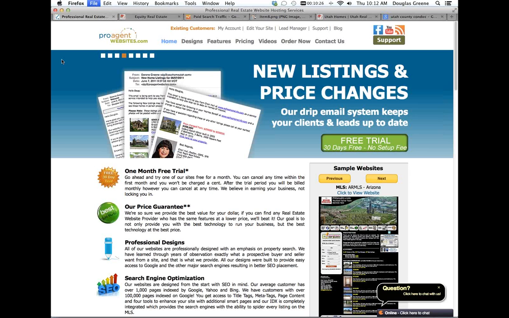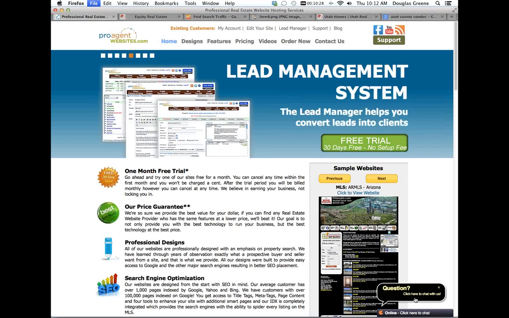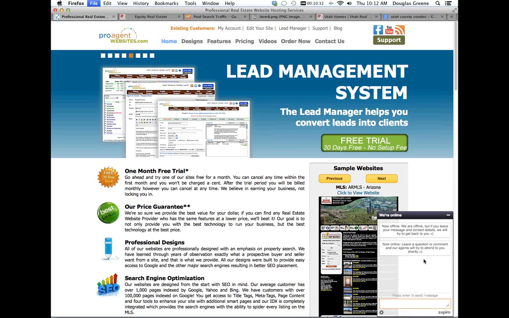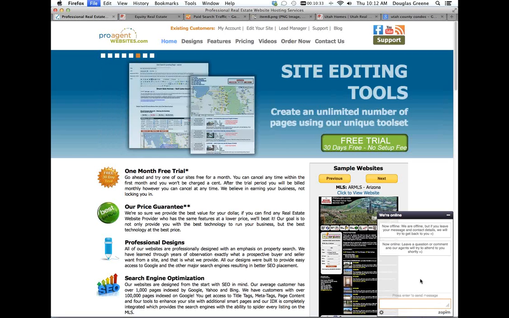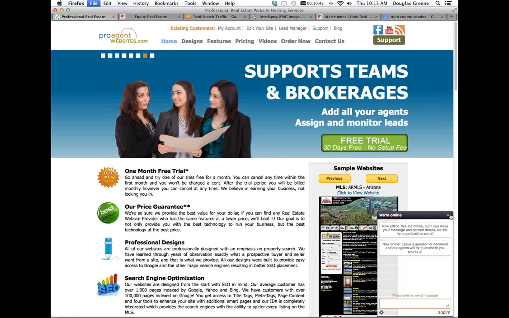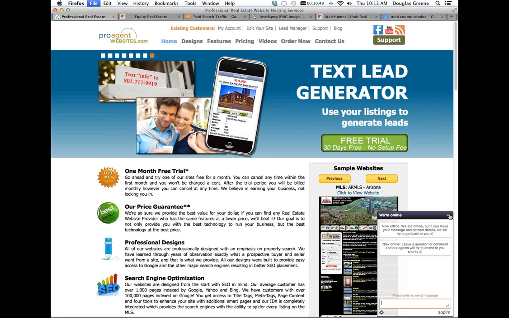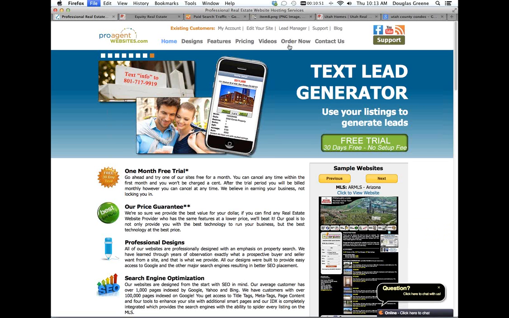Okay, you can see within ProAgent websites, we have this little chat button down here at the bottom. If you click that, you can initiate a live online chat session with ProAgent websites. We're using a product called Zopim, Z-O-P-I-M, to do that. It's a free chat software company that will allow you to create an online chat account for free and then integrate it into your